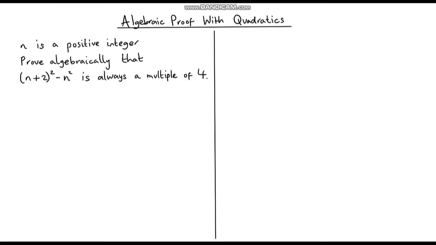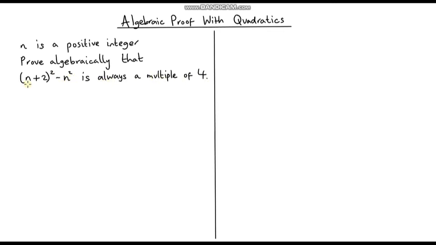Hello and welcome to another video on algebraic proof, and in this video we're going to be looking at quadratics. So let's look at this first statement. It says n is a positive integer. Prove algebraically that the quantity n plus 2, all of that squared, minus n squared is always a multiple of